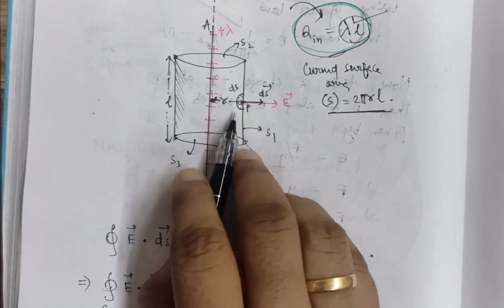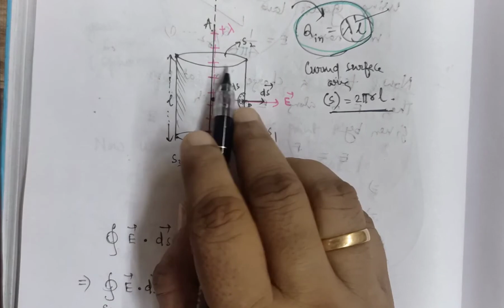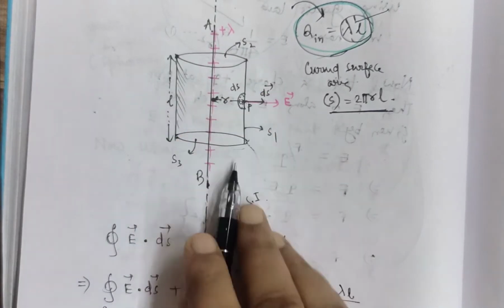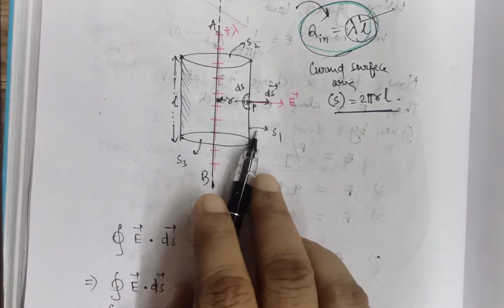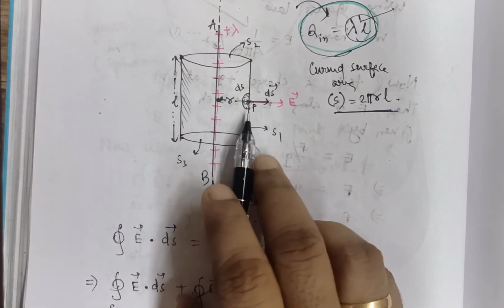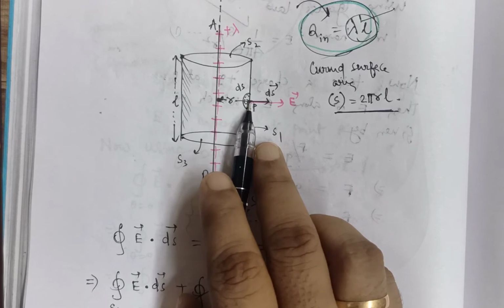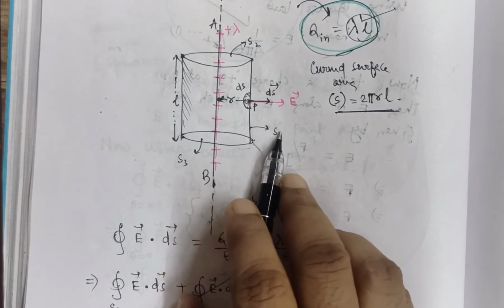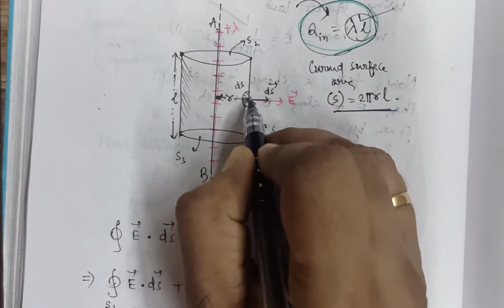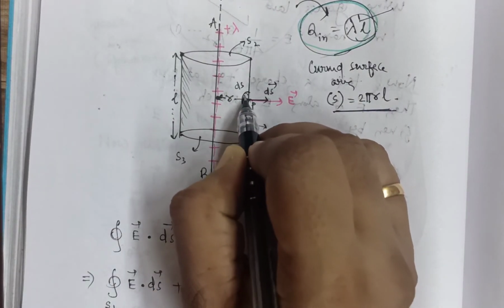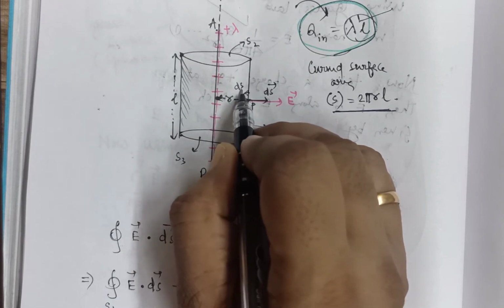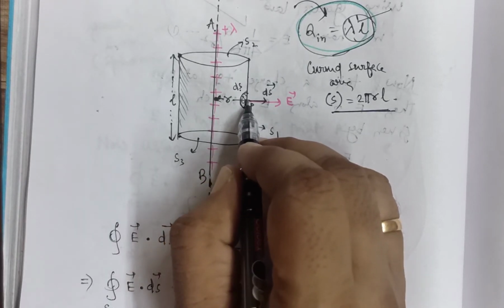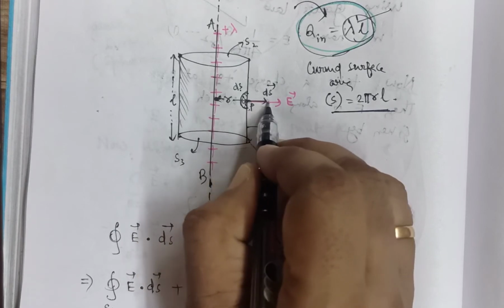Here you see the diagram. The cylinder has three surfaces. The upper surface is plane, that is S2. The lower surface is plane, that is S3, and the curved surface is named S1. Now our chosen point P is on the surface S1. Before going to the derivation, first choose a small surface element surrounding the point P. This small surface element is ds, and the area vector ds is outwards.